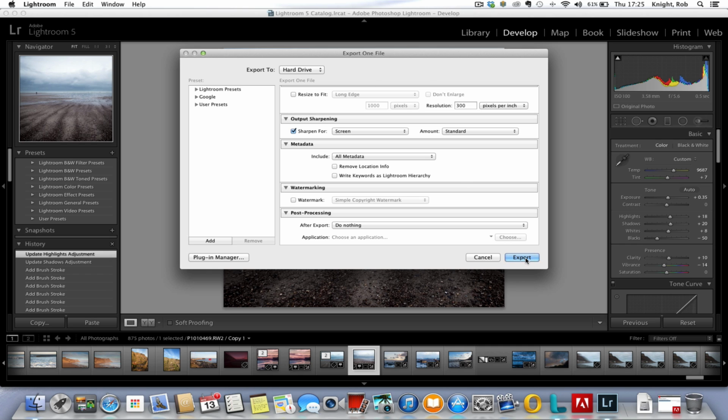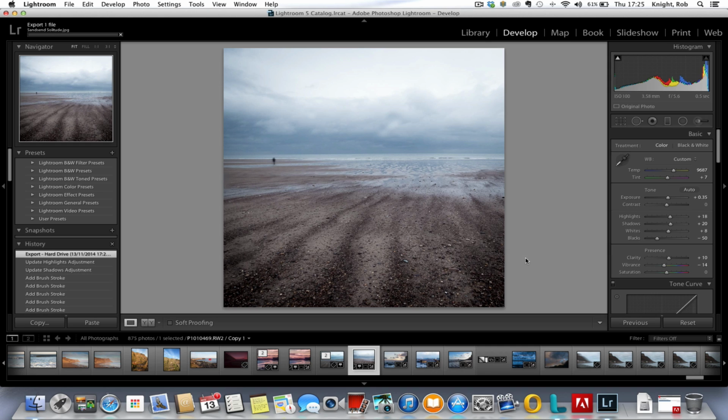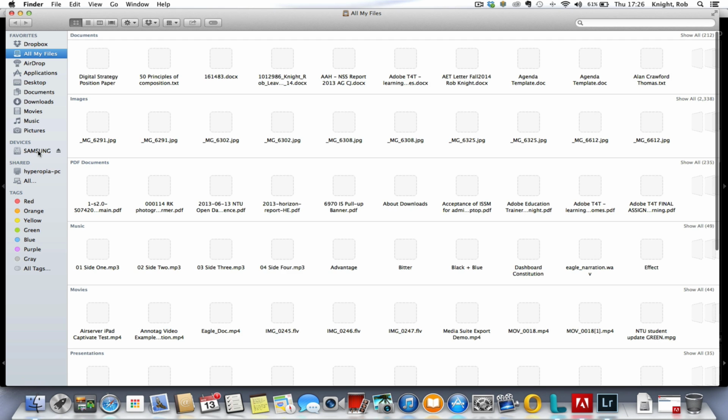So I'm happy with everything, and I click export. And at this point, once Lightroom does its fantastic jiggery pokery, this is the first time where we actually have an exported file. We can go into,